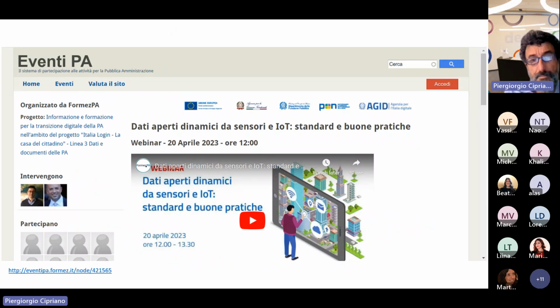We are mentioning this slide because, to fully describe what the Open Geospatial Consortium is, we took some slides provided by Francesca Noardo from OGC, presented during a webinar organized on April the 20th by the Italian National Digital Agency, namely AGID.